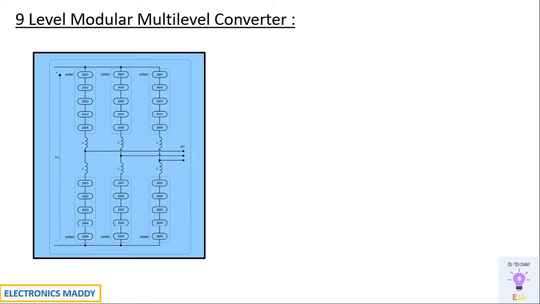However, we have something called chopper cells. These are submodules, which are represented as chopper cells. So what are these? These basically contain two switches connected in series, with a capacitor connected across these two switches. So these are the submodules, and how do we build such a big circuit?